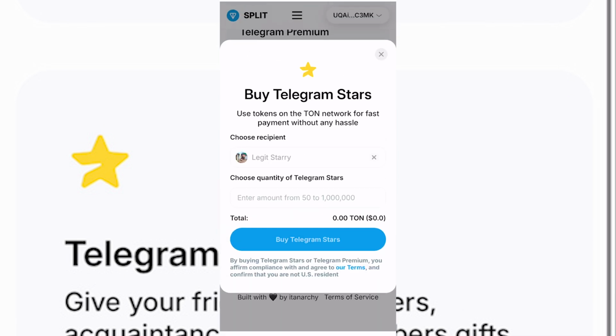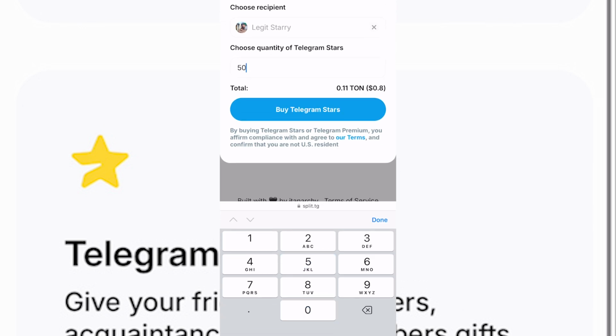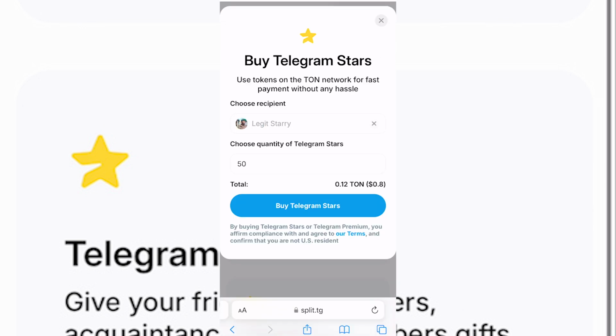Okay, and you can see that is the name on my Telegram, Legistary. And the next thing here guys is choosing the quantity of Telegram stars which you want to buy here. So I need nothing but 50 stars, and don't forget this is actually going to cost you 0.12 tons. So right now I will click on buy stars. So let's see how it goes,